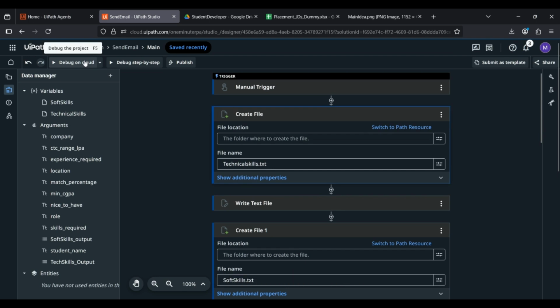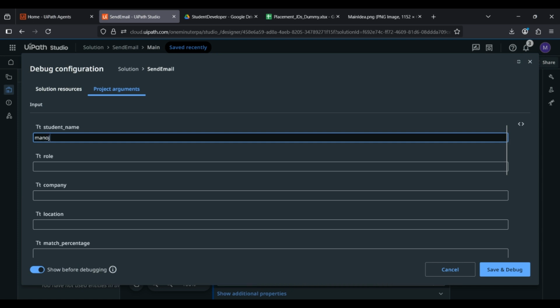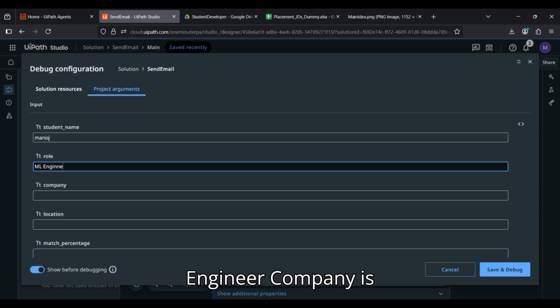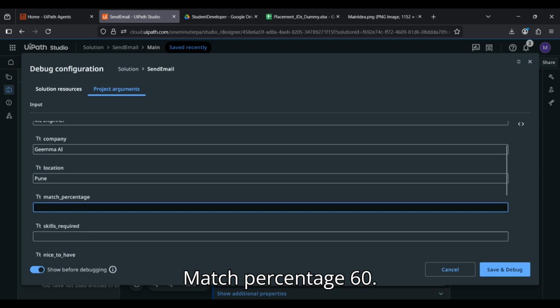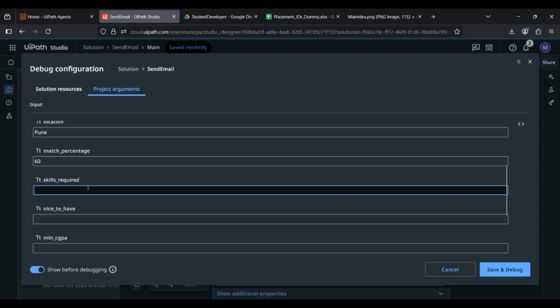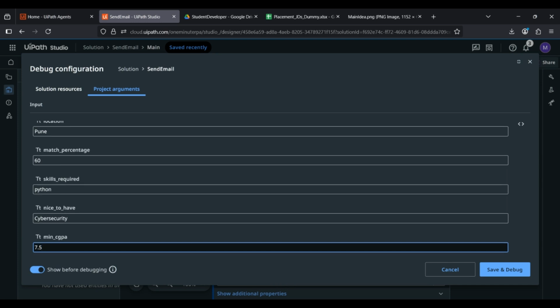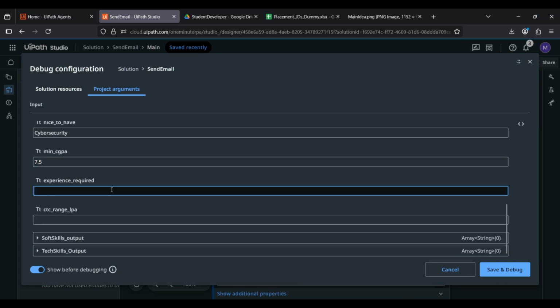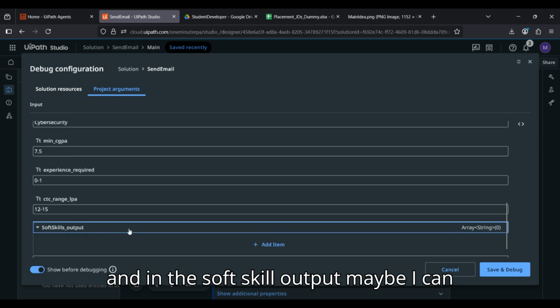Maybe we can just test it for now. Okay, student name is Manoj, role is, I'm just putting dummy data here, ML engineer, company is Gema AI, location Pune, match percentage 60, skills required Python, cybersecurity, minimum CGPA 7.5, experience 0 to 1, CTC range 12 to 15,